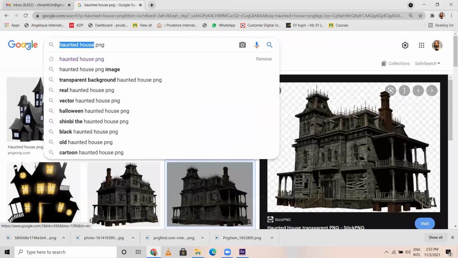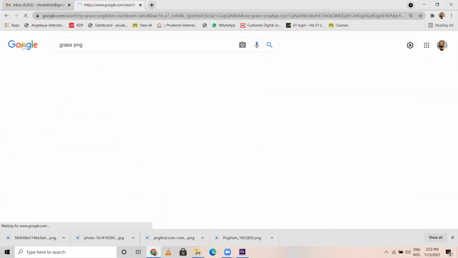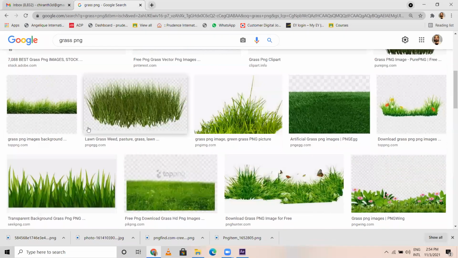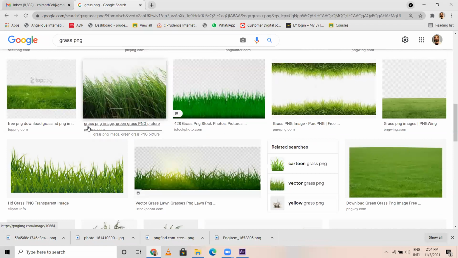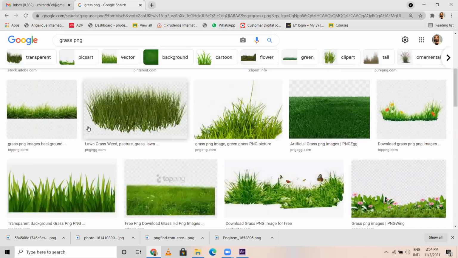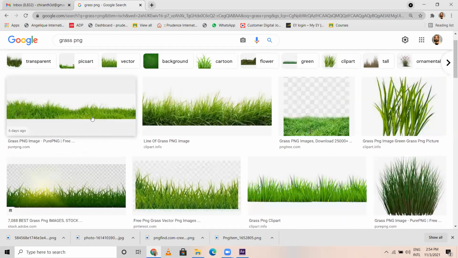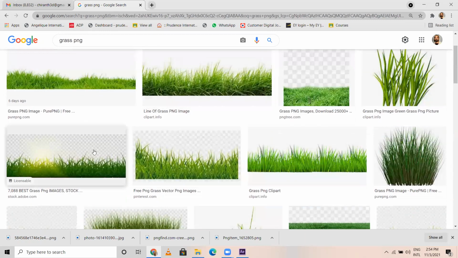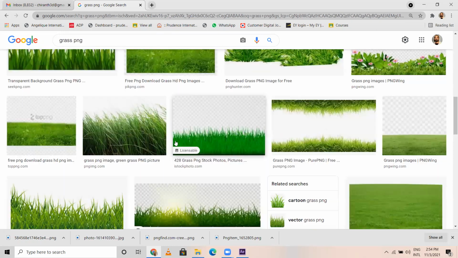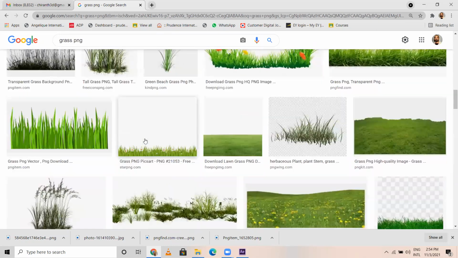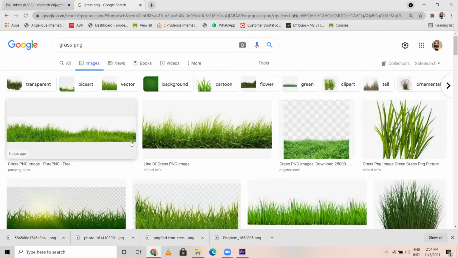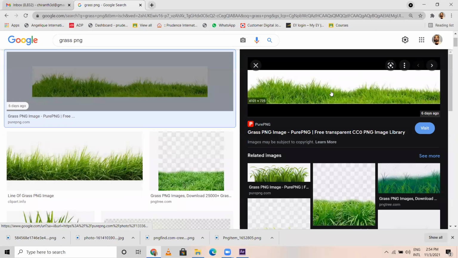I need grass PNG for the foreground element, a few grass parts are required. Let me go with this.